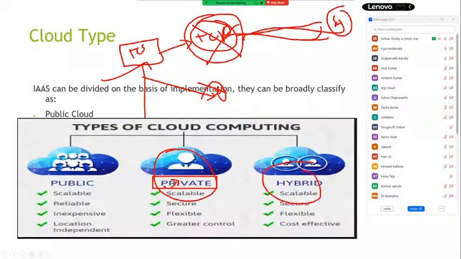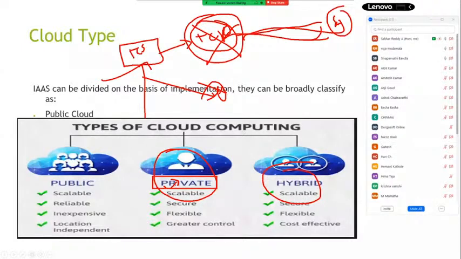Hybrid, you know, right? The hybrid keyword is nowadays everywhere in IT, the hybrid model. What does it mean? A combination of public and private is called hybrid. In the same way, in generic words, 2 days work from home and 3 days work from office, the combination we call the hybrid model.